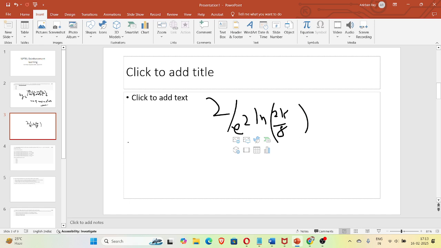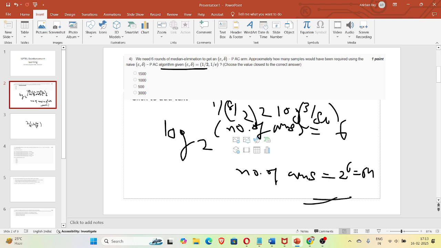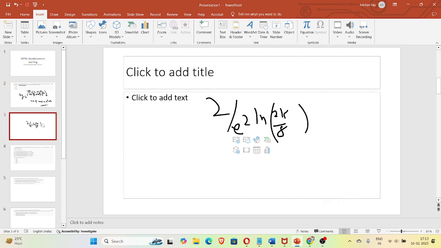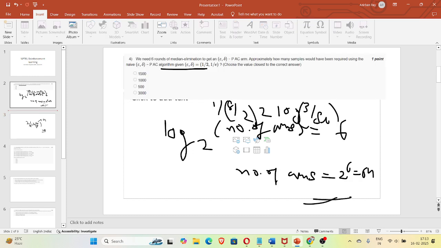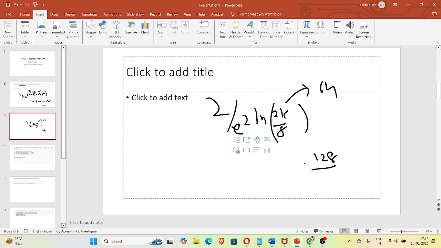Okay. So this is how many samples are required in the naive approach. Here k is the number of arms, which is equal to 64. So this becomes 128 divided by delta. Okay. So delta is 1 by e,